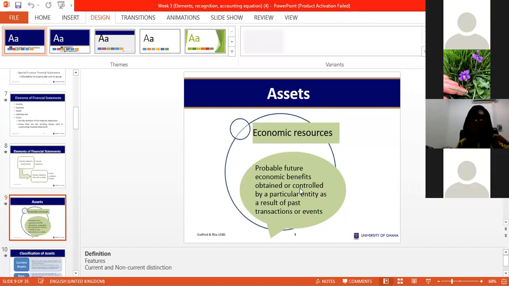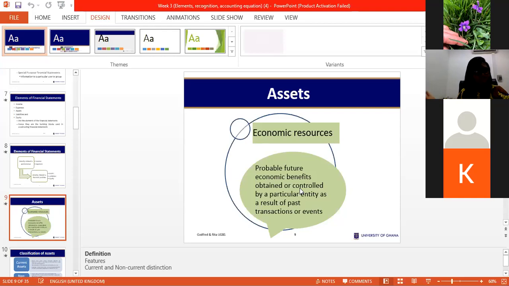Okay, so yes, up until the point where employees are working and remain in the business, their skills and expertise is what is used to generate that future economic benefit. However, in the future, is there a probability that the future economic benefit will flow to the business? That is where the question is, and that definition does not suit employees as assets.